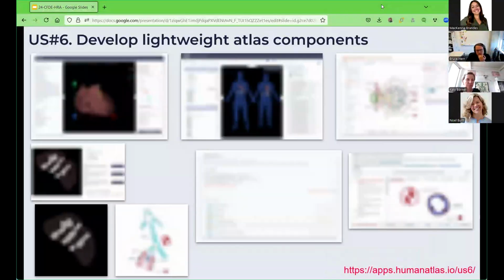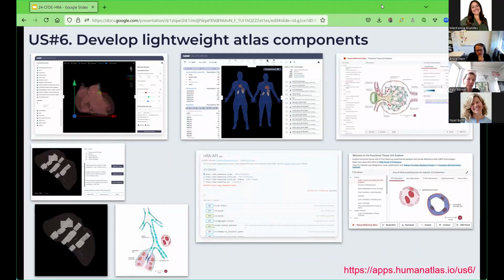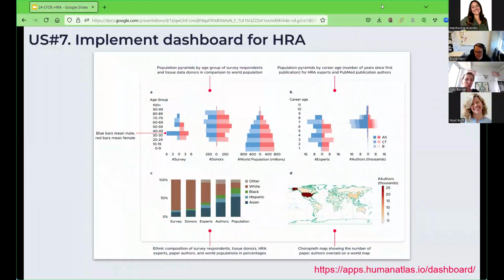On the next slide, you see lightweight atlas components in support of sustainability. So these are just HTML code, which you can integrate into your websites, your data portals, to have these human reference atlas data sets show there. And on the next slide, you see US number 7, which is the last but not least, a dashboard for the Human Reference Atlas, so that you get to see what coverage and quality it has right now, but also who is using it and what data sets now exist. On the next slide,